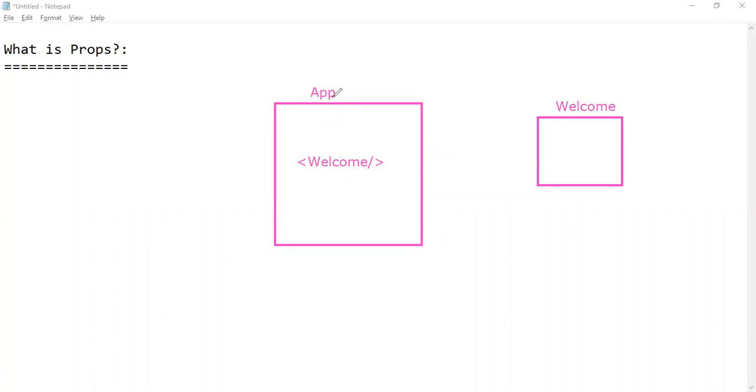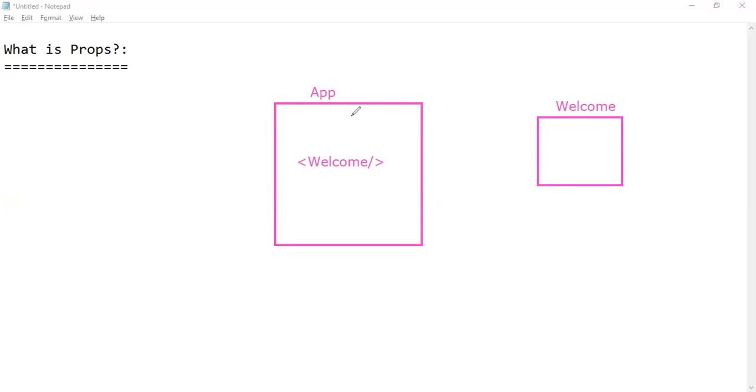So here app component acts as a parent component where welcome component acts as a child component. Why? Because app component contains which component? Welcome component. Under app component, we are populating which component? Welcome component. So app component acts as a container where welcome component acts as content.